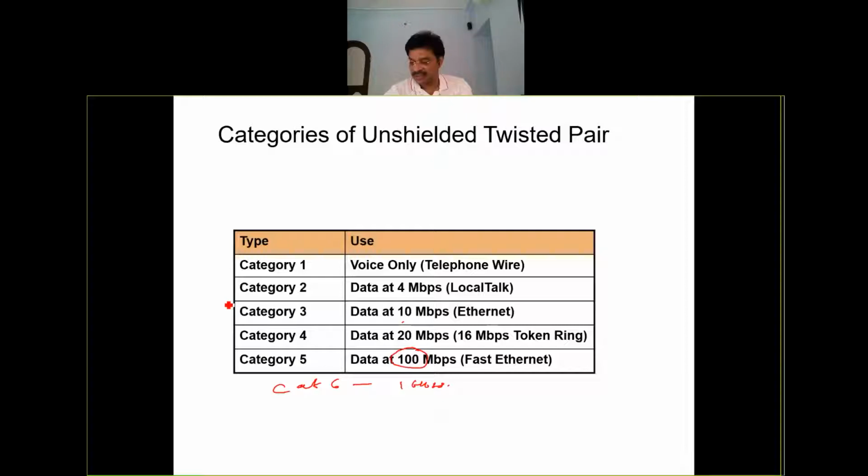Nowadays, category 7 cables are also available. These CAT 7 cables can support 10 Gbps connectivity. At present, the cost of the CAT 7 cable is quite high, and that's why they are not more popular. But if you have devices which can support 10 gigabits per second bandwidth, then you can utilize category 7 cable, a low cost unshielded twisted pair cable, for connecting your data terminals.